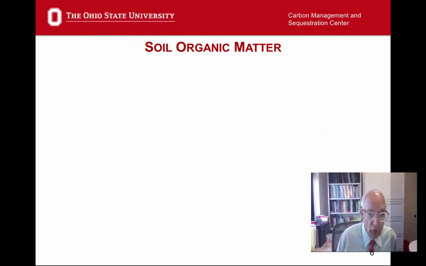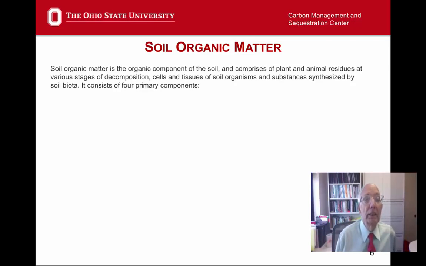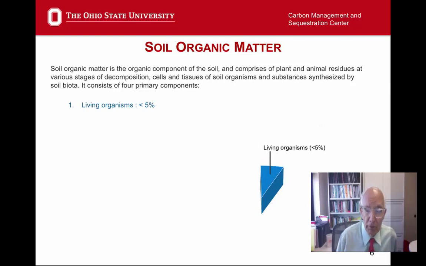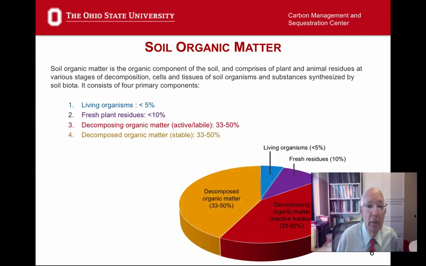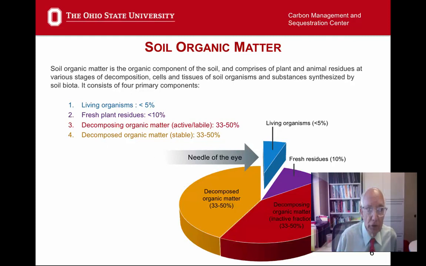That brings us to the definition of soil organic matter. Soil organic matter is the organic component of the soil and comprises plant and animal residues at various stages of decomposition, cells and tissues of soil organisms, and substances synthesized by soil biota. It consists of 4 primary components: the living organisms, which are about 5% or less, the fresh residues, about 10%, the partially decomposed or inactive fraction, about 33 to 50%, and decomposed organic matter, 33 to 50%. Out of all these, the living organisms, which constitute 5%, are really the eye of the needle through which all the